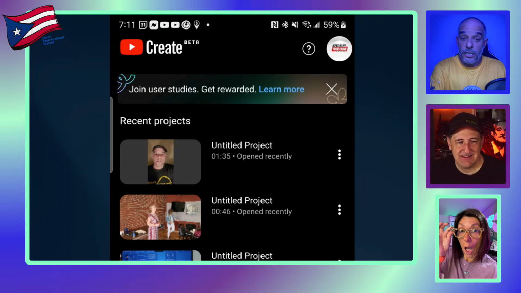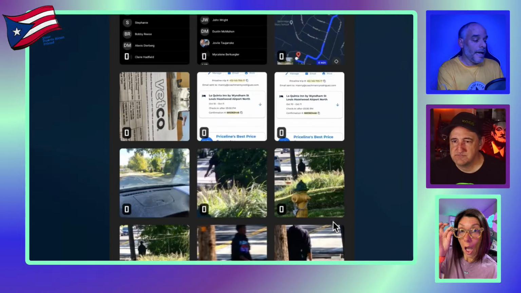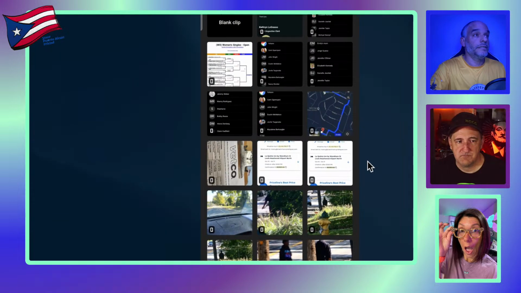Now you want to start, you want to work on a project, right? You can edit it, save it, come back to it, however you choose to do it. When you're ready to start your new project, you click on the plus. Right now you can't see it because my screen is too big, but at the bottom you can see the plus sign. Boom. Now you're going to see all of, you basically are seeing my images.